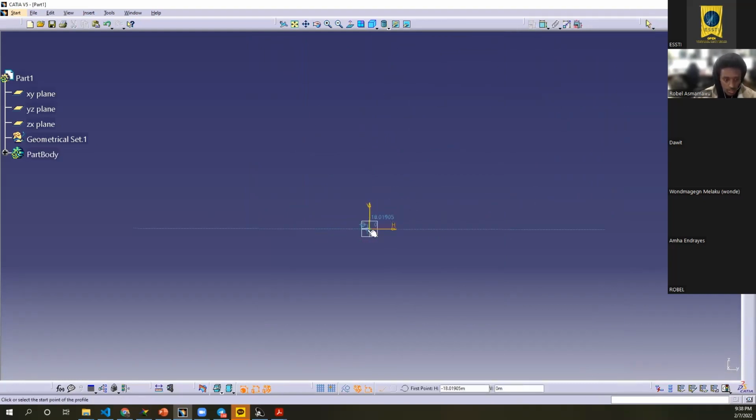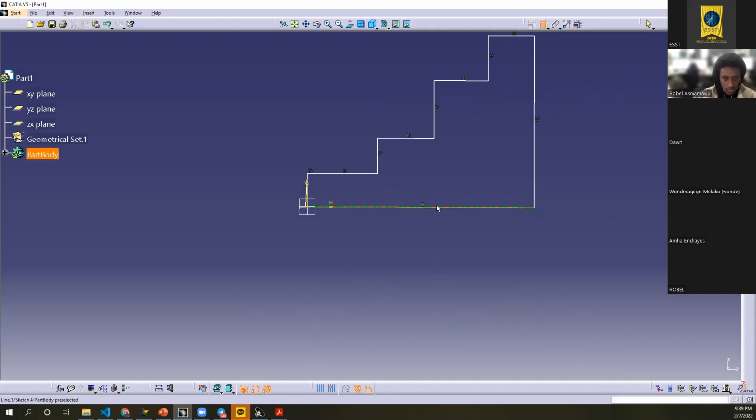Let's make it again. Okay, like this. Yes. Okay. And then we double click the dimension tool, press this line,